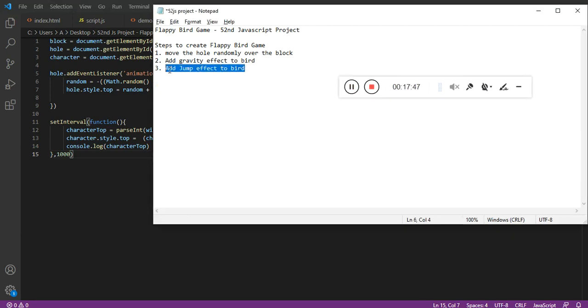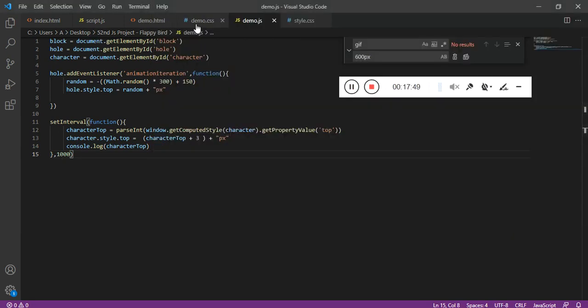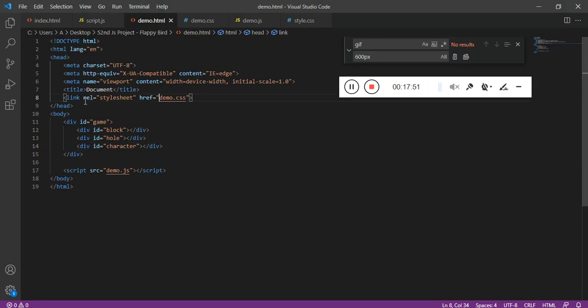To add the jump effect, we have to get into the HTML first, and on the body, onclick, have the function jump. Now let's define this in JavaScript.